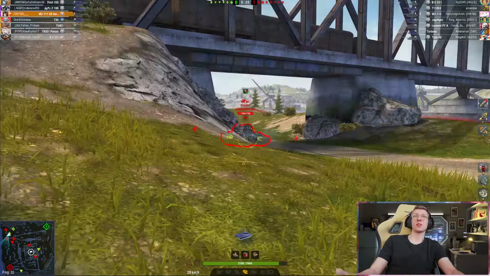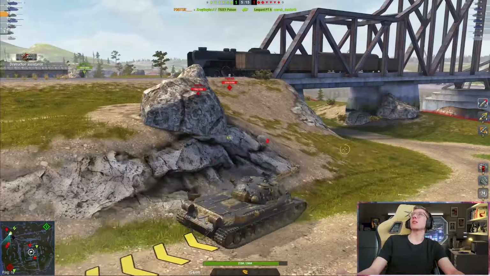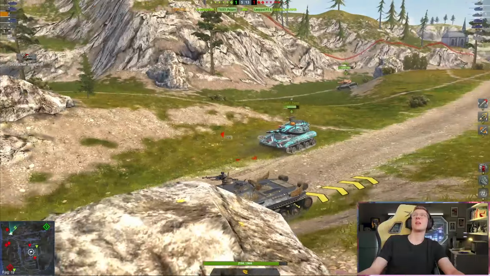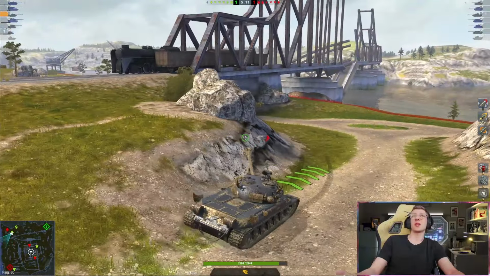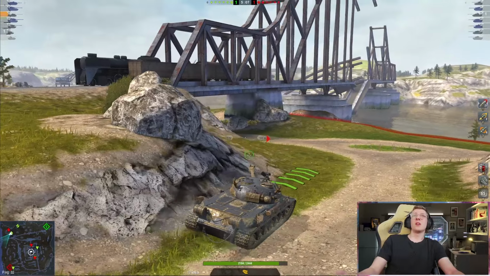Oh, what are we doing, game? What are we doing? Two bounces on a fully exposed Bat-Chat. You are the luckiest player I've ever seen, bro. I have no words to explain how lucky that person is. Like, what the frick? Okay. Well then,